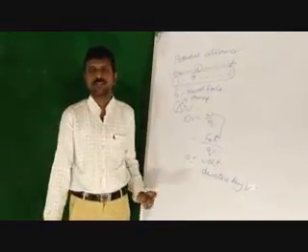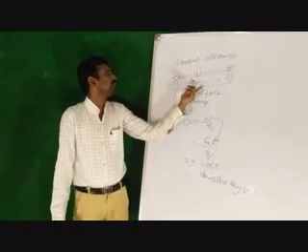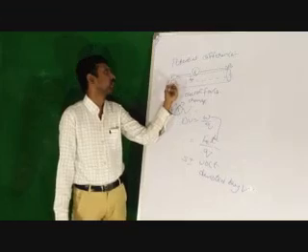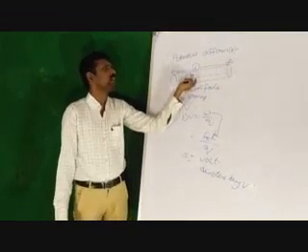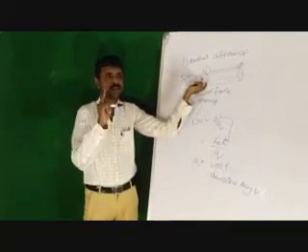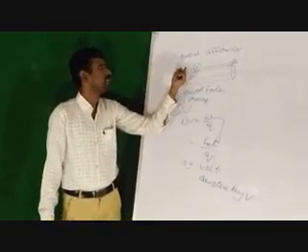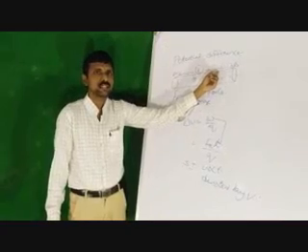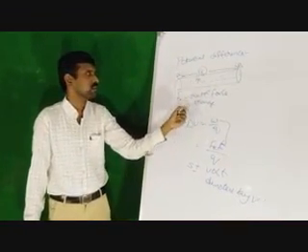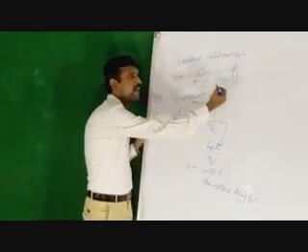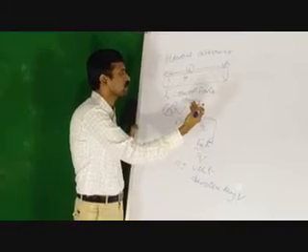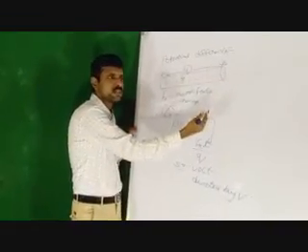Once again, I will explain potential difference. Take one conductor. The electrons flow in this conductor from A to B with the help of an electric force. Electric force per unit charge through a distance L is called potential difference. By seeing this diagram, we can easily explain the definition.